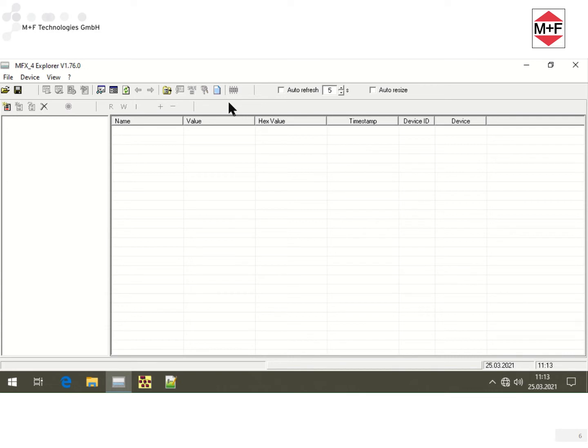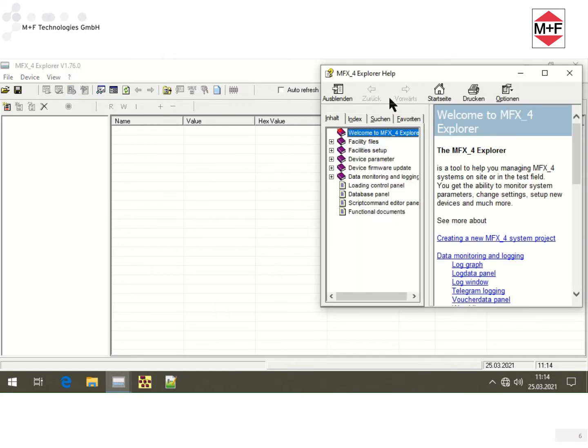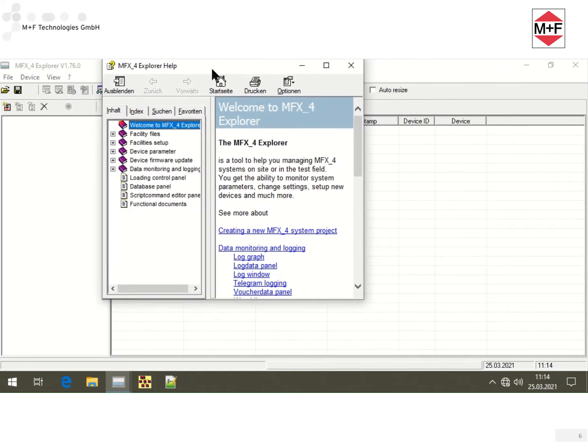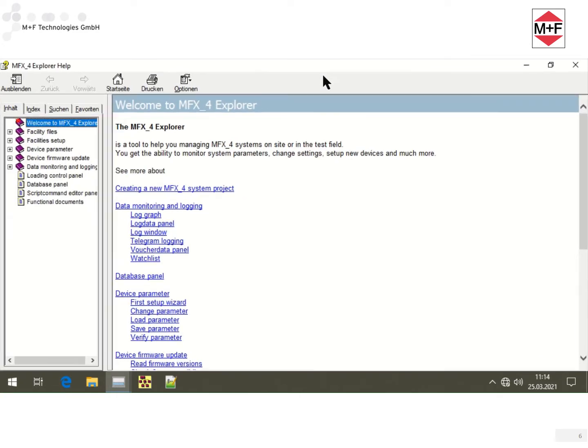In the left part of the Explorer, the connected devices will display later, and in the right part, all corresponding data will be listed. For the operation of the Explorer and all its functions, you will find a detailed help file in the question mark menu under Help. After calling it up, the help document is displayed, which explains all the functions and possibilities of the Explorer in detail.